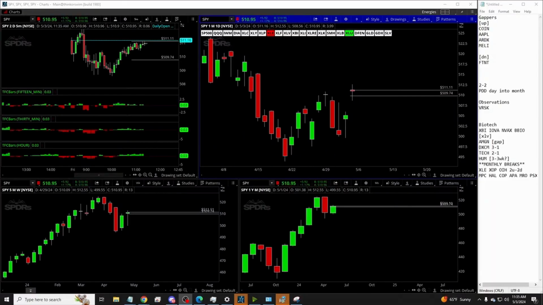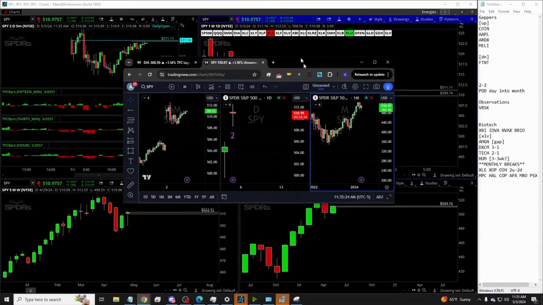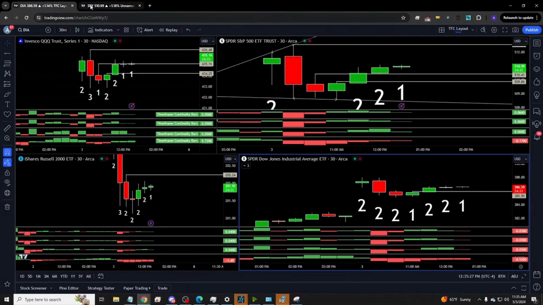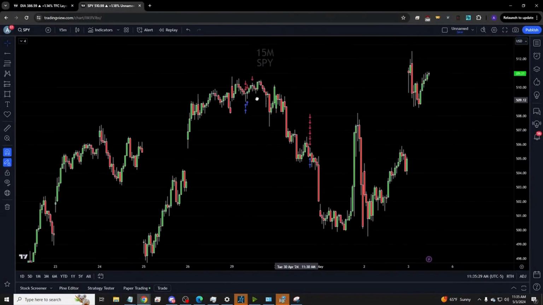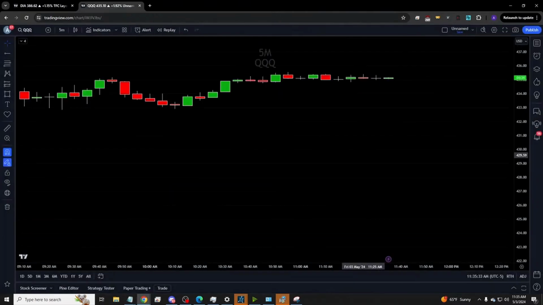So one of our members said the 1-3x is so powerful, and he asked, is it because both sides of the range get taken out and then it expands? And this is why the 1-3x or 1-3-2 is so powerful. So when we're looking at any broadening formation, such as today we had one on the Qs,